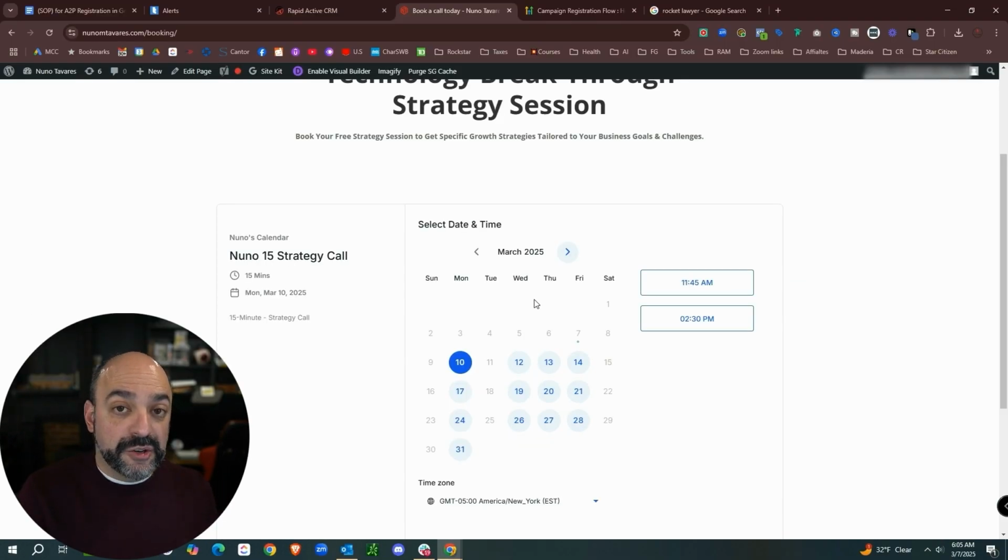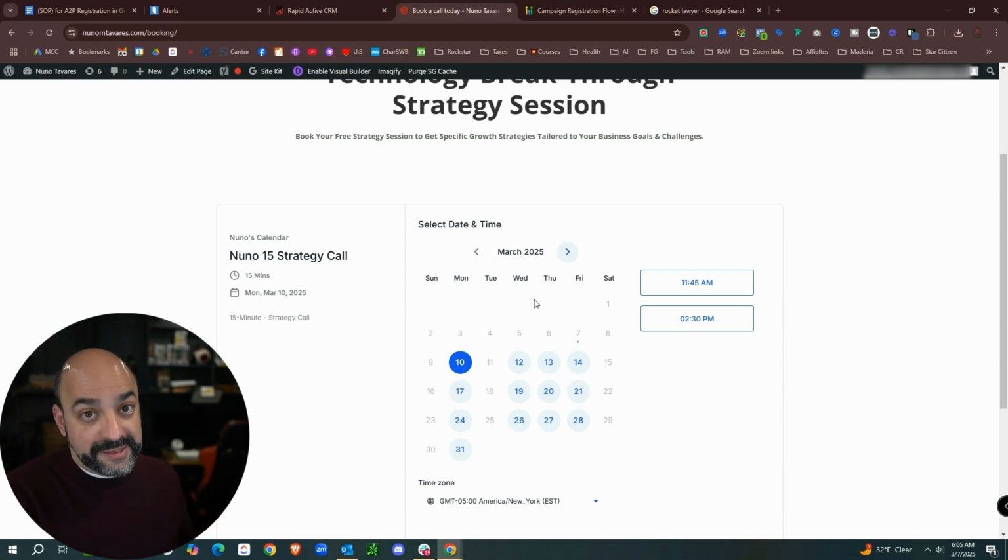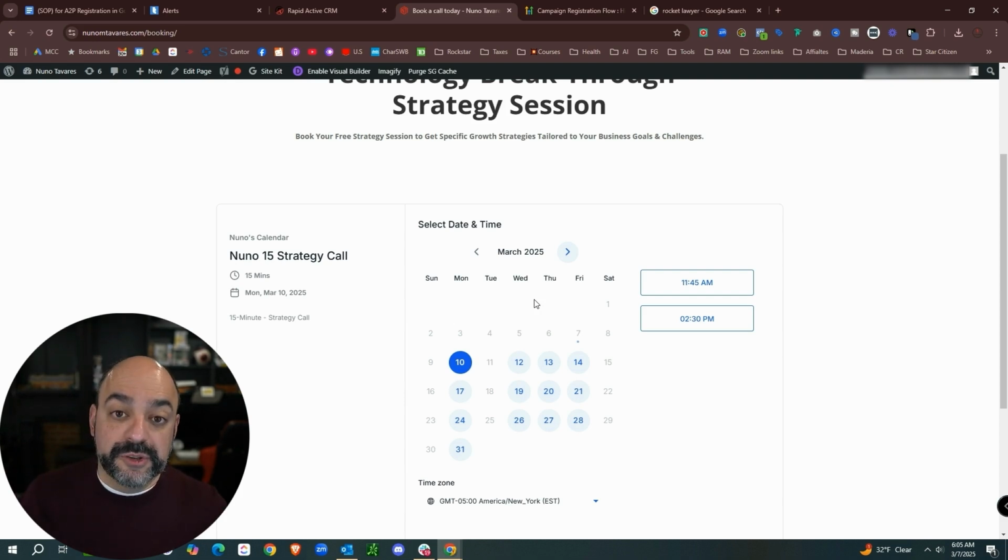And inside your system, you need to make sure that you have a way of segregating who's checked the box for SMS promotionals and who's checked the box for SMS which is non-promotional, like your service-based messages. And you need to make sure you're following the rules when it comes to sending promotional messages and sending just